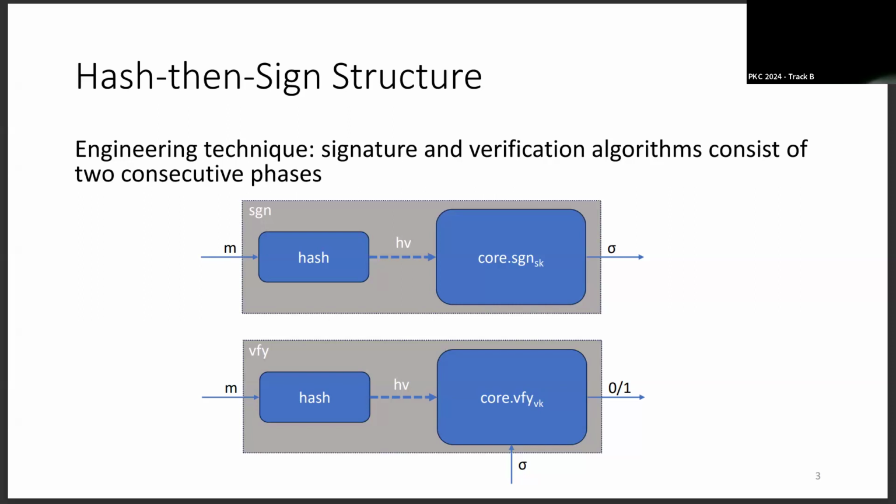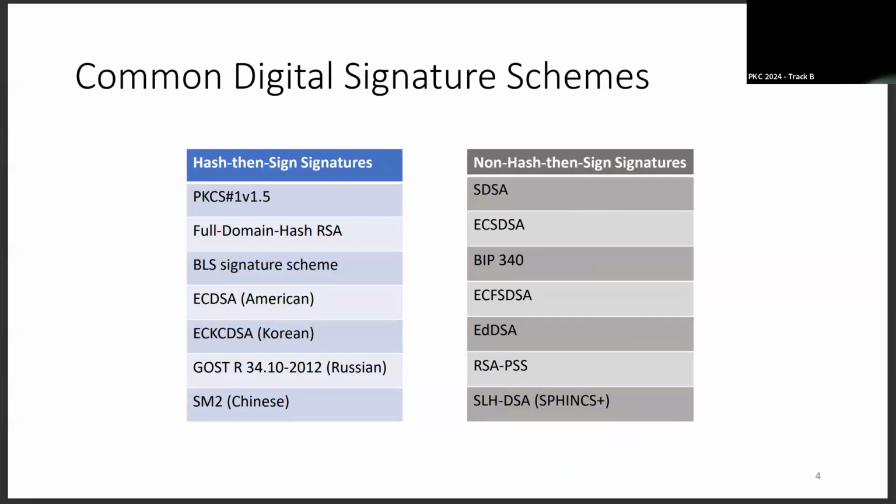But what we're interested in this talk is not the engineering technique, but mostly the functionality of this. Now, we went through lots of different signature schemes, most of them standardized either in the ISO or by the IETF and so on. We could classify these signature schemes into two: Hash&Sign, which includes PKCS, full domain hash RSA, BLS, ECDSA, which is American, the Korean KCDSA, the Russian GOST, and the Chinese SM2, and